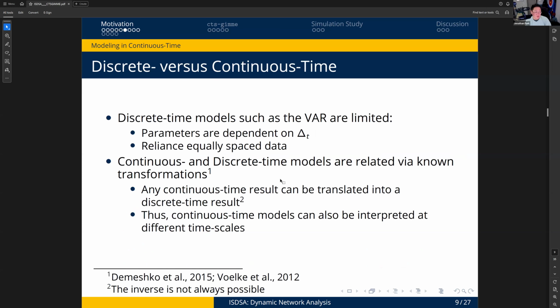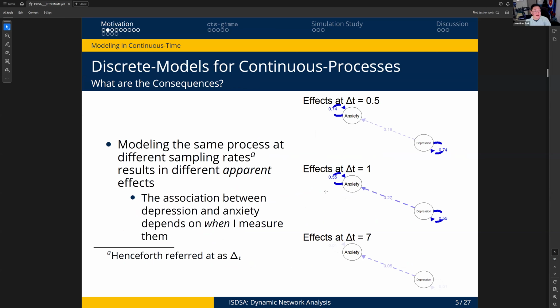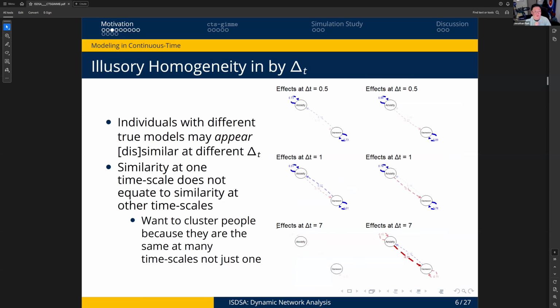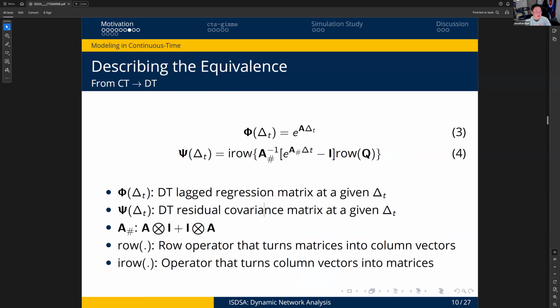So if I wanted to, and the way that I generated these graphs, is that I had one particular continuous time drift matrix, and I said, okay, if I take the matrix exponential of this and I multiply it by 0.5, this is the graph that I would get. But if I took that same drift matrix and I applied the matrix exponential and I multiplied that by 7, then I would get this set of effects. So these transformations can give you the regression coefficient or the transition matrix of your dynamics at a particular discrete time interval. And likewise, that exists for your process noise innovations.